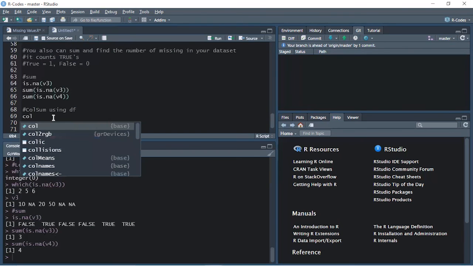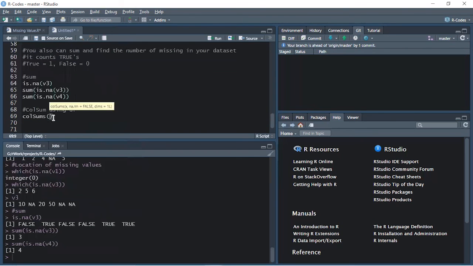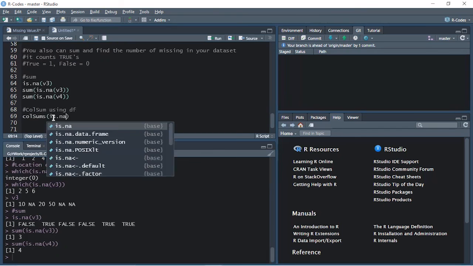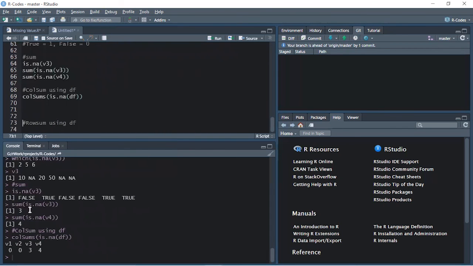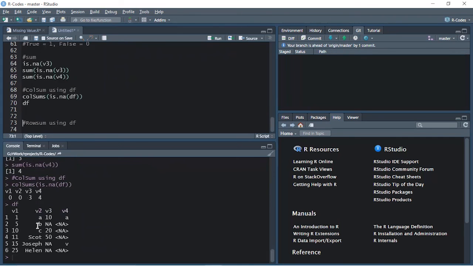The function is colSums, and inside the bracket, I will say is.na of df. df is the data frame that we are using. If you check it, let's print df as well. Let's see vector number 3. There are 1, 2, and 3 NA values. So it has resulted in a total of 3 missing values for column number 3. And same for the fourth column, there are 4 missing values, so it has summed it to 4.